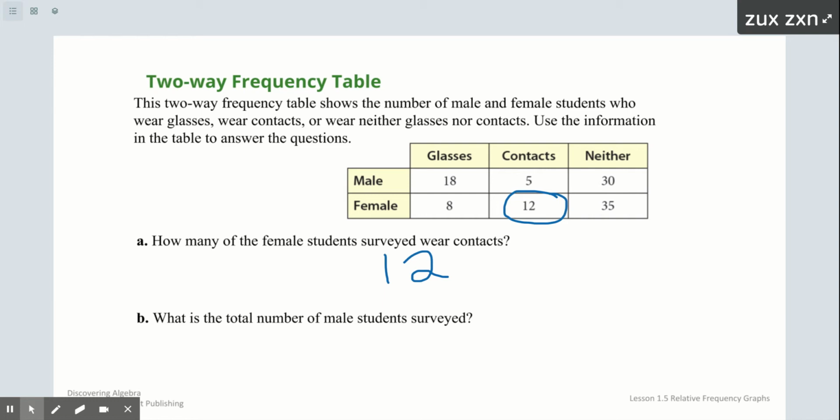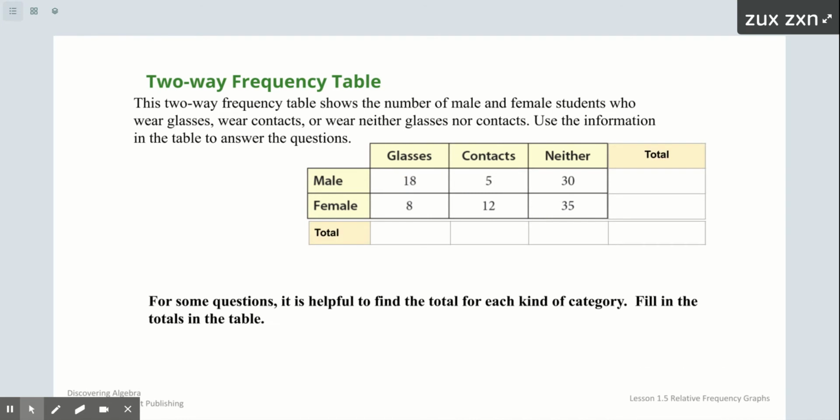B, what is the total number of male students surveyed? For that one, I am going to need to add these three numbers. So I've got 30 plus 18 is 48, plus 5 more, 53. Okay. And lots of times when you're answering questions about this, it is helpful to have your totals. So